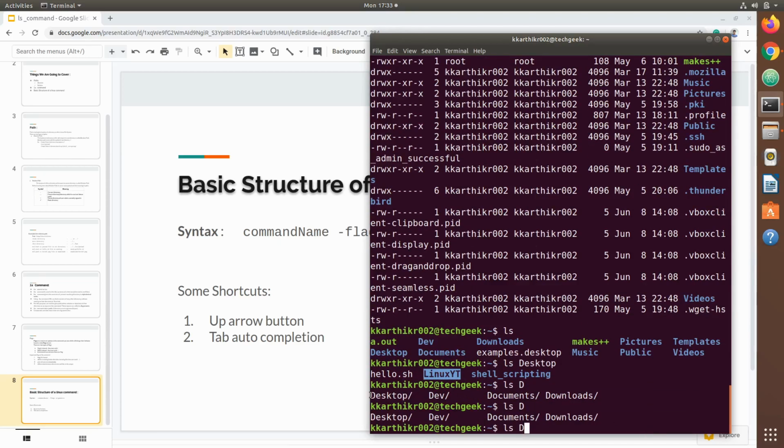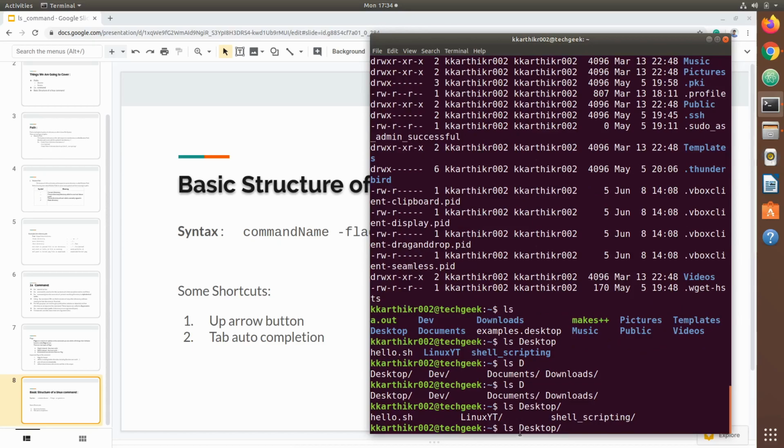See, these are all the possibilities in which I can complete this command. I can just type desk and tab, it auto-completes. Then tab, it gives the contents of ls Desktop. Then Linux YT, tab, auto-completes.